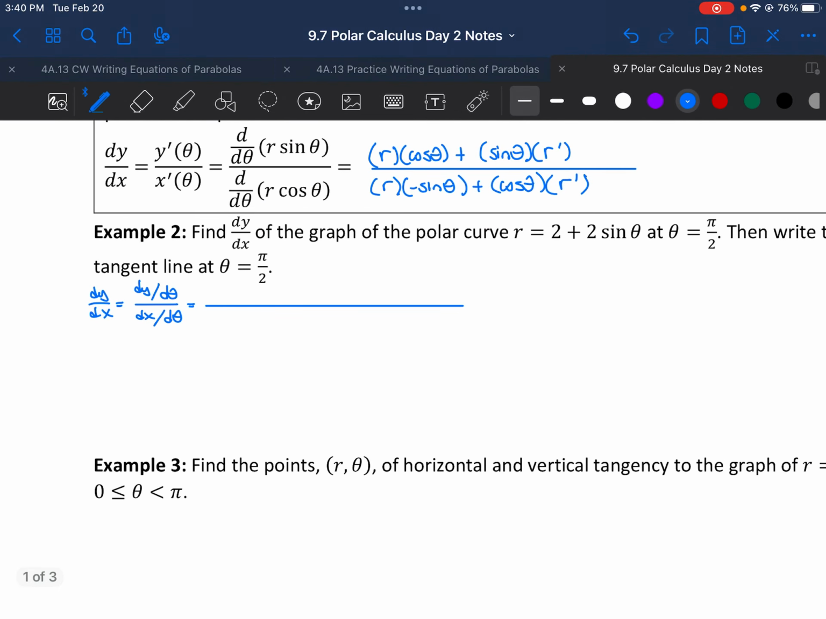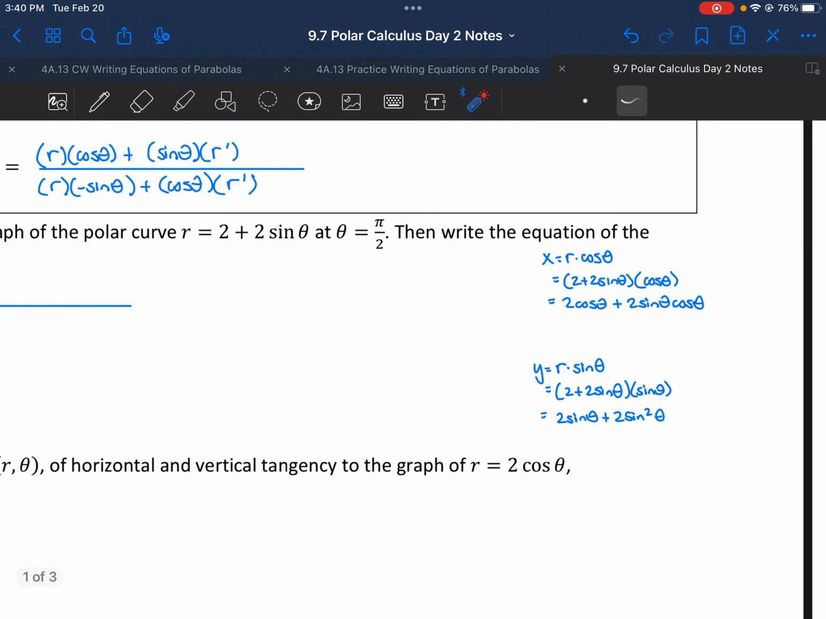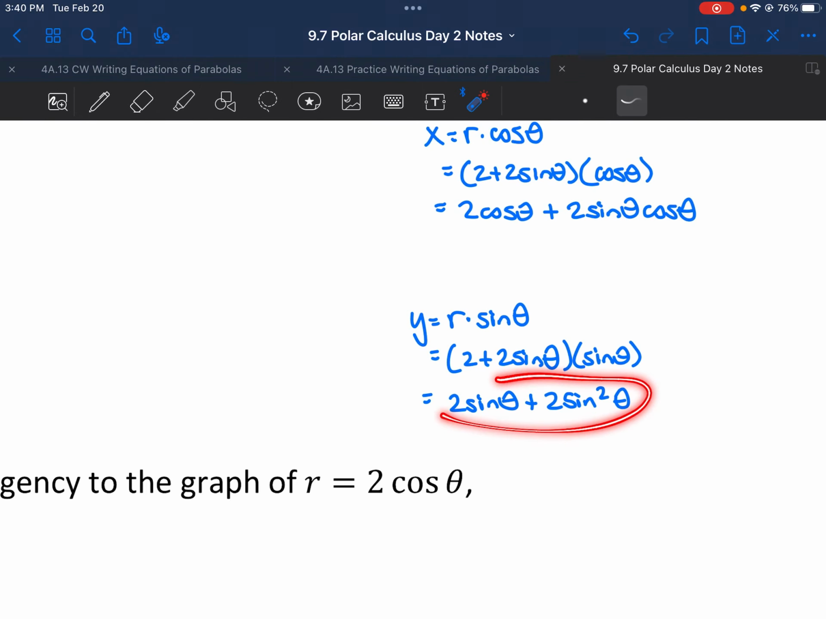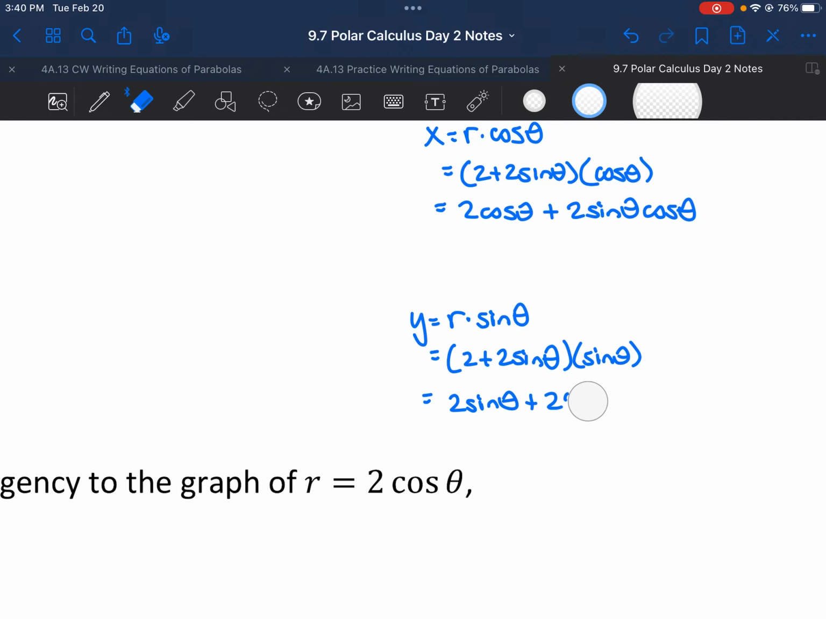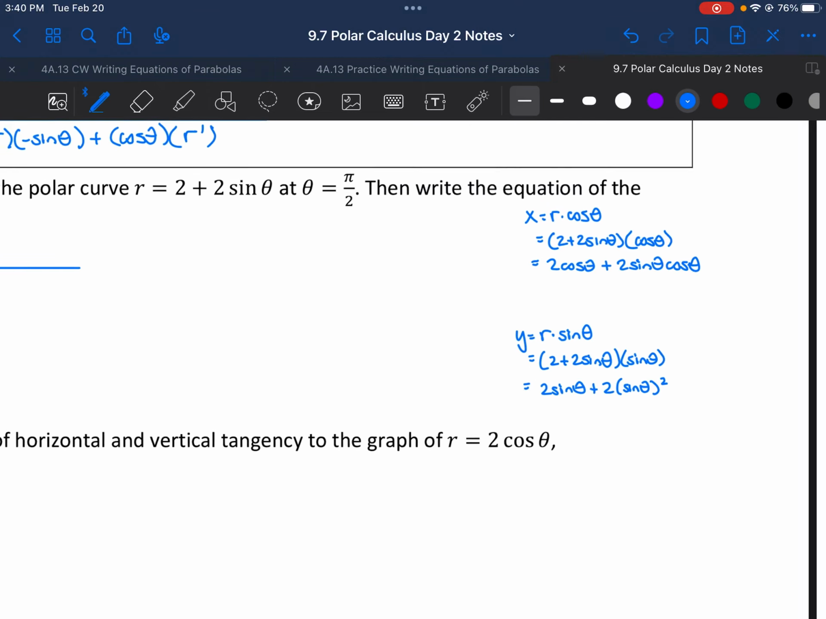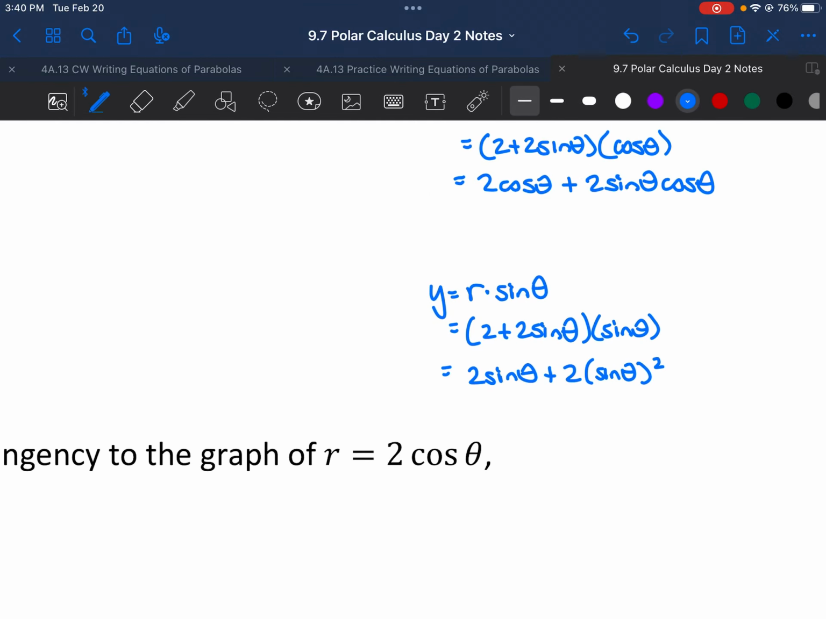So we are taking the derivative of y with respect to theta. So we're taking this derivative right here, and this 2 sine squared, let's go ahead and write this as 2 sine of theta squared. Just a little nicer for when we take its derivative. So dy d theta. Okay, well, taking the derivative of this, the derivative of 2 sine theta is going to be 2 cosine theta